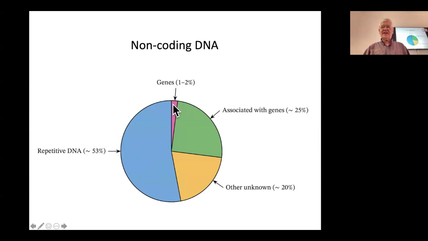The genes themselves, the actual coding region, is only about 2% of the total DNA. And then this 25% here, that's those intron regions that exist within the genes and they get cut out before the gene is read to make protein. And then there's lots of highly repeated sequences, and the other unknowns are old viruses and bits of junk DNA we picked up. So if you want to identify individuals,